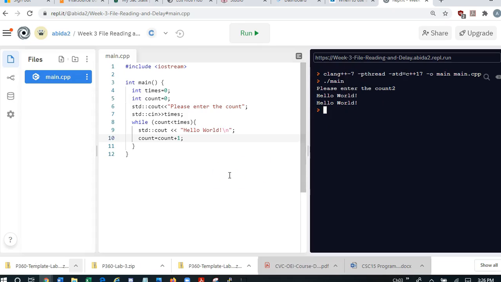So this is a demonstration of how the basic while structure works. Now let's take this learning and put it into how we